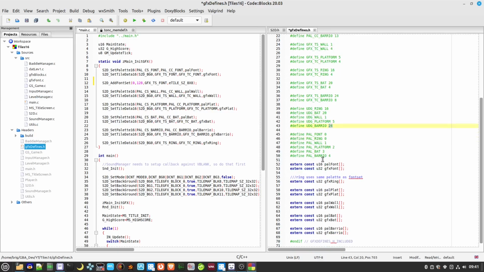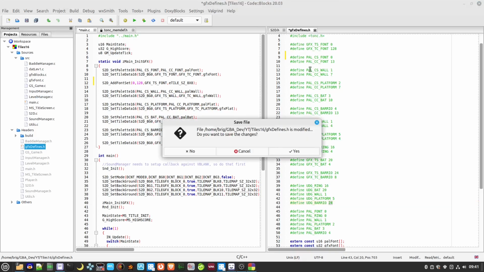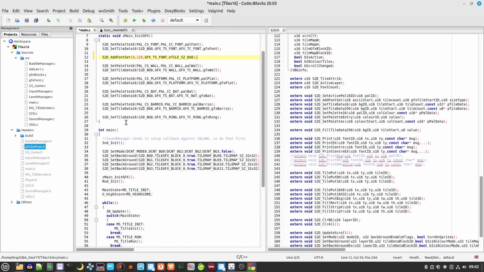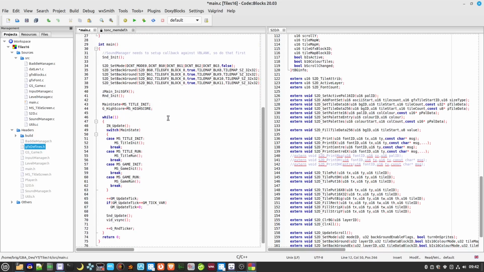So this just sets up constants for the graphics to use later on in creating our scene. So this initializes our graphics, this sets up our display. We initialize the rand function here,